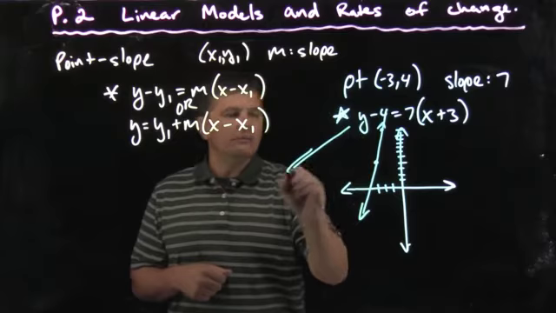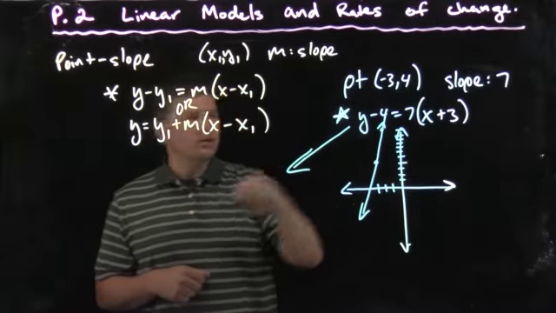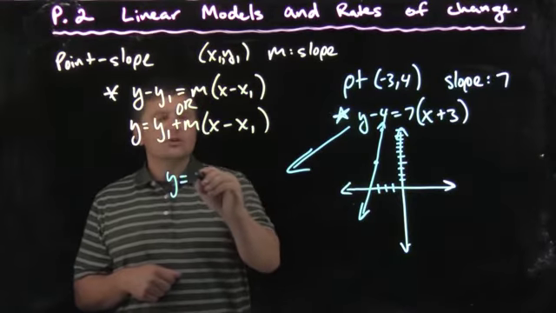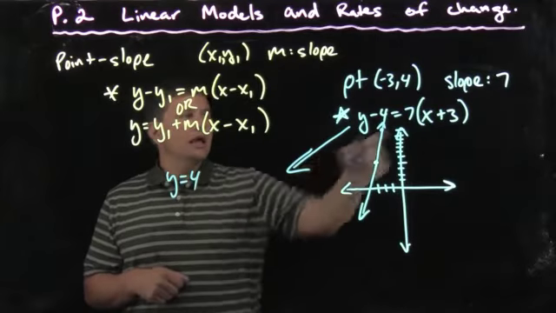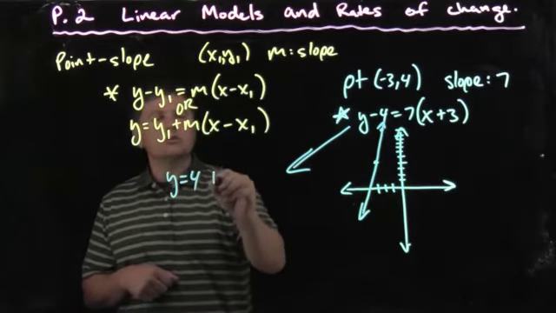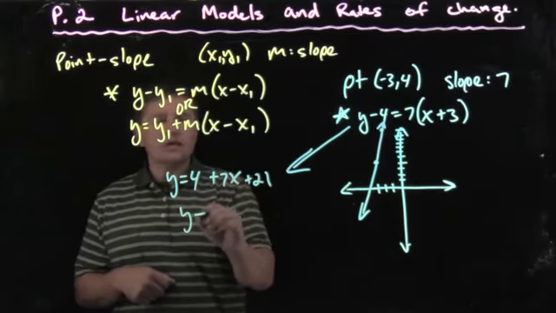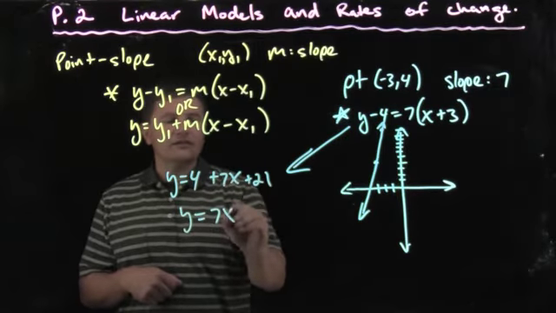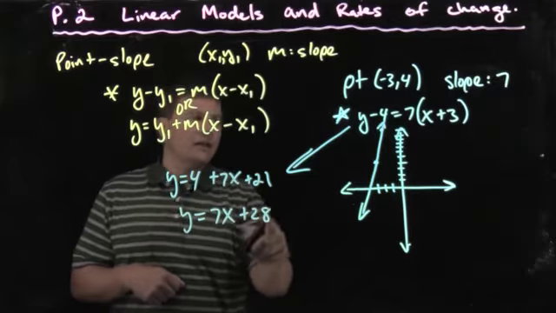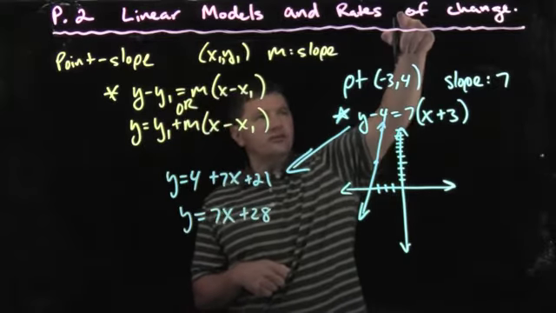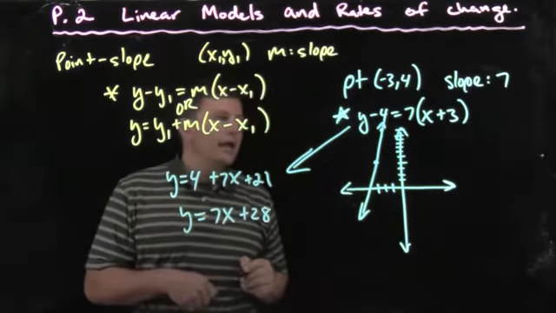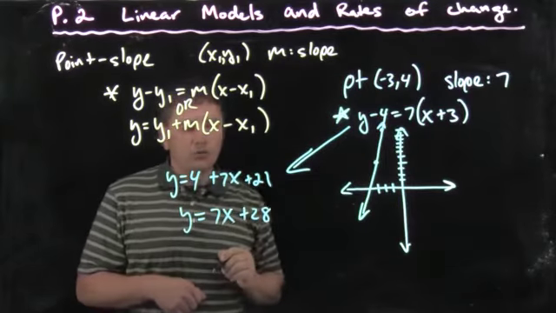ways to do it. Sort of the most common way is that we're going to solve this for y. So this would move this over here. I'm going to distribute the 7, so plus 7x plus 21. And then, of course, I get y equals 7x plus 28. And you can see that that's pretty steep, so that's going to intersect somewhere up there, y equals 28, 0,